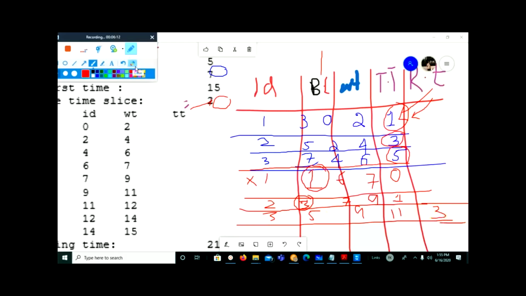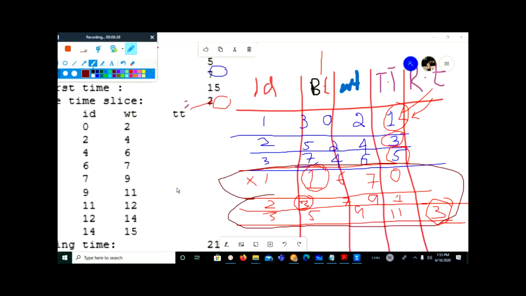So here we have got 3 for the third process. Now again the cycle here has been completed, so the